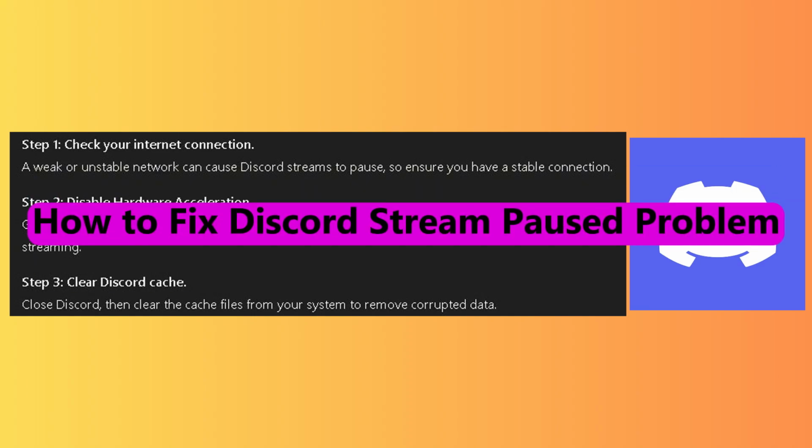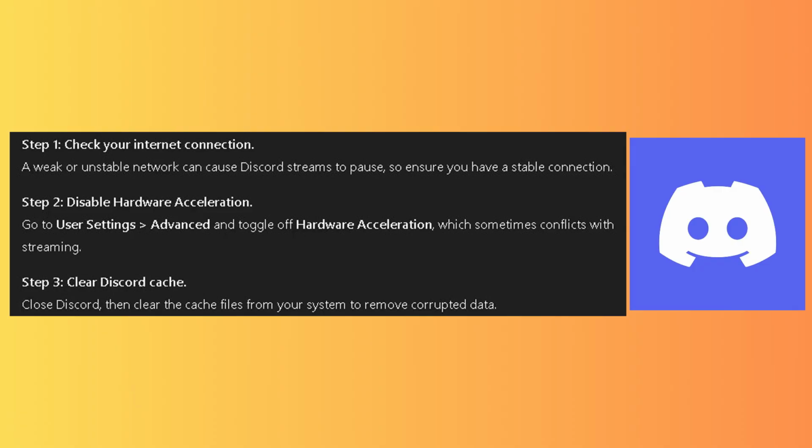In this video, you will learn how to fix your Discord stream paused problem. Check your internet connection. A weak or unstable connection or network can cause Discord streams to pause. To ensure you have a stable internet connection,